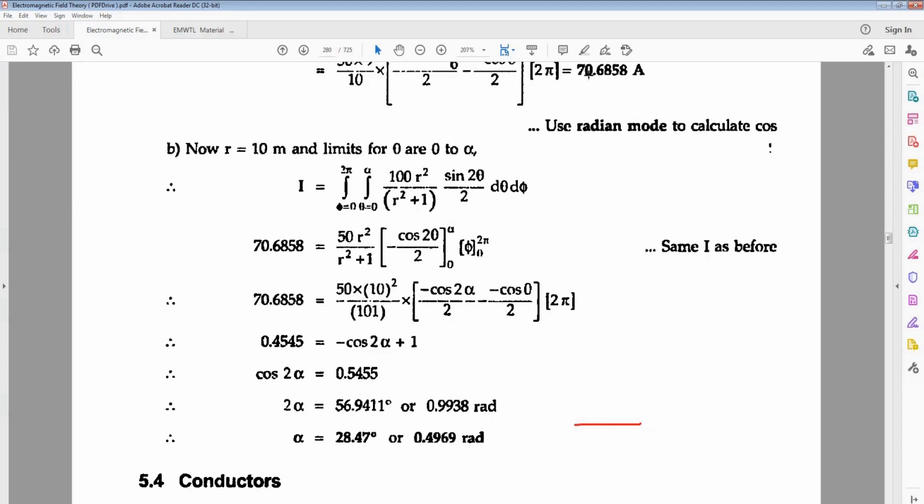So simplify the function by substituting r is equal to 10 when the current is 858, and the phi integral d phi is phi, and integral of sine 2 theta is minus cos 2 theta by 2. Substitute the upper limit alpha and the lower limit 0, in terms of degrees 28.47, and in terms of radians